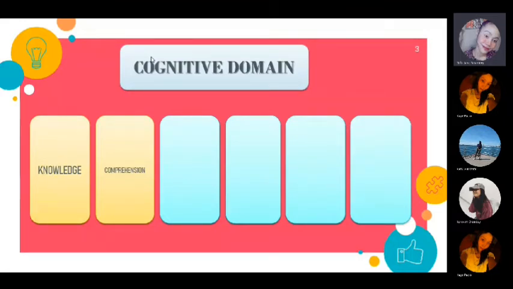Next is the comprehension. Comprehension is the degree of understanding that requires to change the form of communication, translate, restate what has been read or heard, see connections or relationships among parts of a communication or the interpretation, draw conclusions, see consequences from information or the inferences or insights nila sa ilahang nabasa or nadunggan. For example,